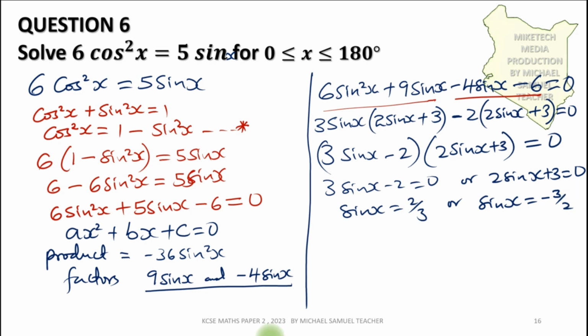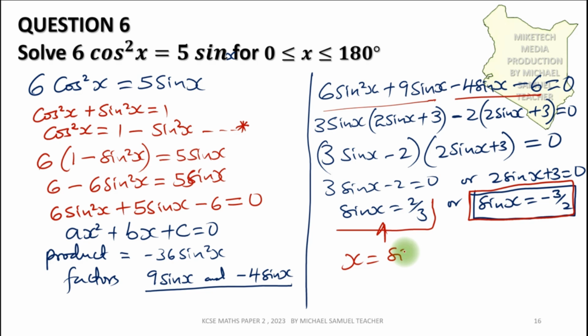Now I want you to note that for this one, we cannot get x, since we cannot get the sine inverse of negative 1.5. Therefore this will be the only applicable one. So x will be equal to sine inverse of 2/3, and therefore we shall end up getting x is equal to